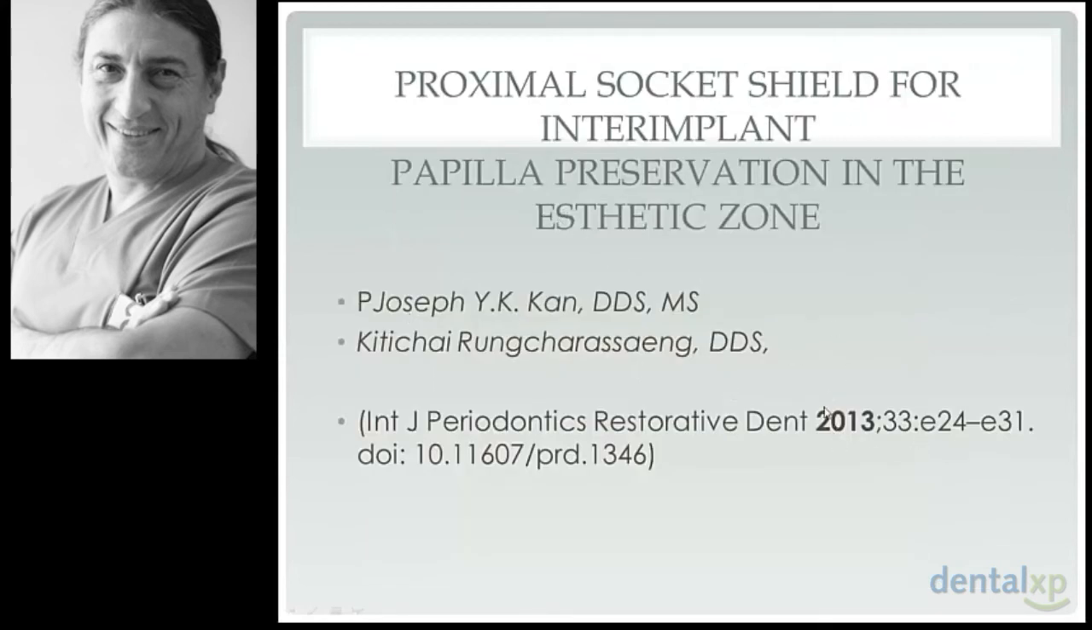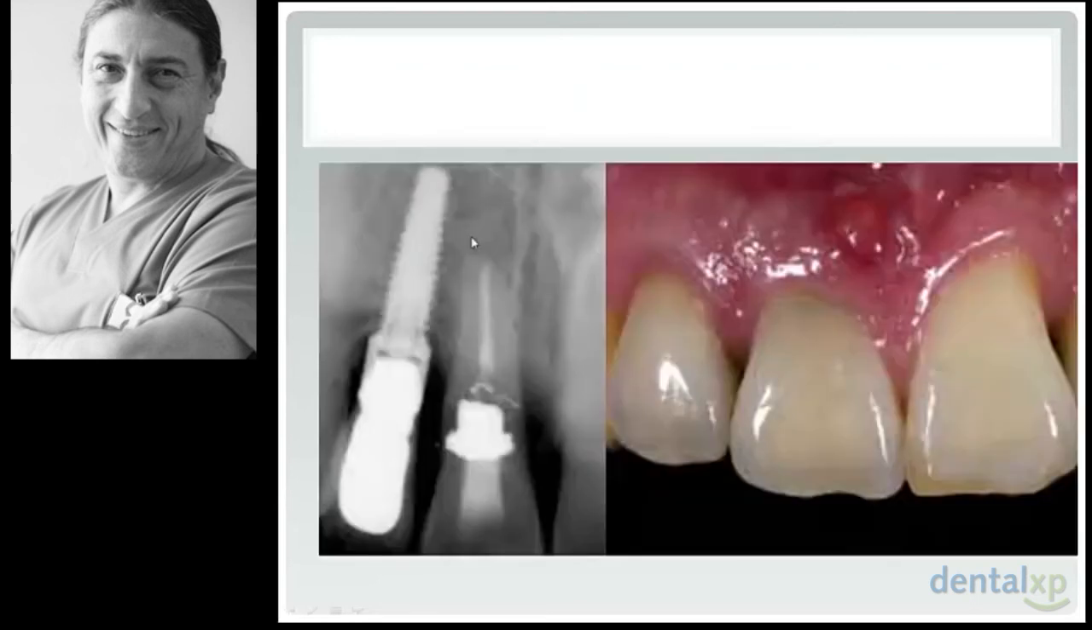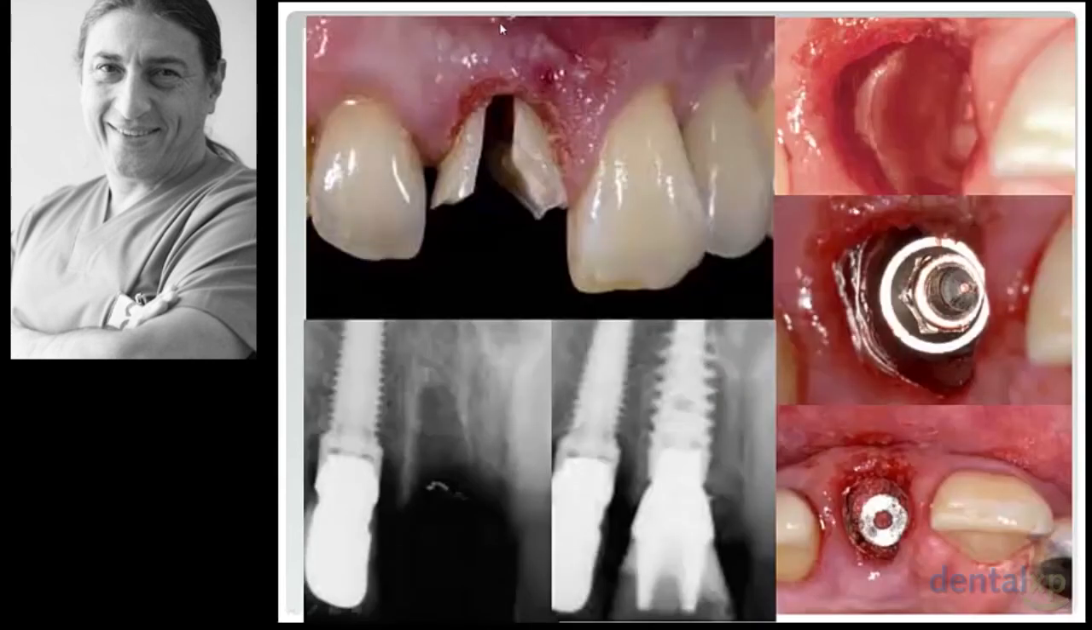Well, Dr. Joseph Kahn in 2013 described the proximal socket shield, because he had this case in which there is an implant and there is a tooth, and the papilla is supported by this interproximal bone peak. But if we extract the root of this fractured tooth, we will lose this bone peak and we will lose this papilla. So he did a vertical socket shield, and he kept the distal part of the central incisor just to maintain